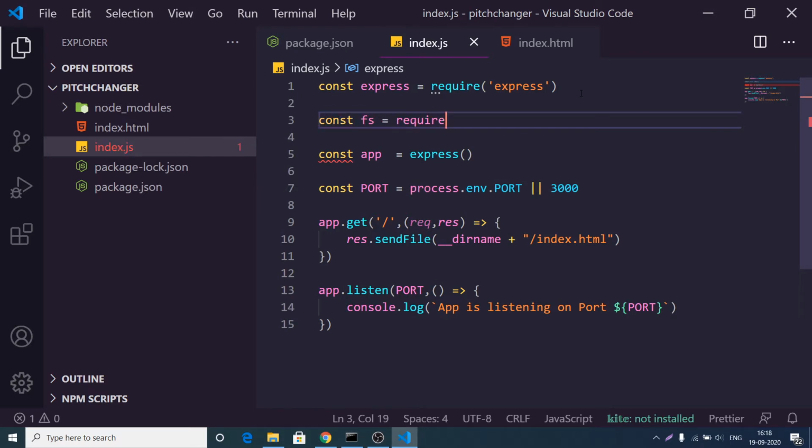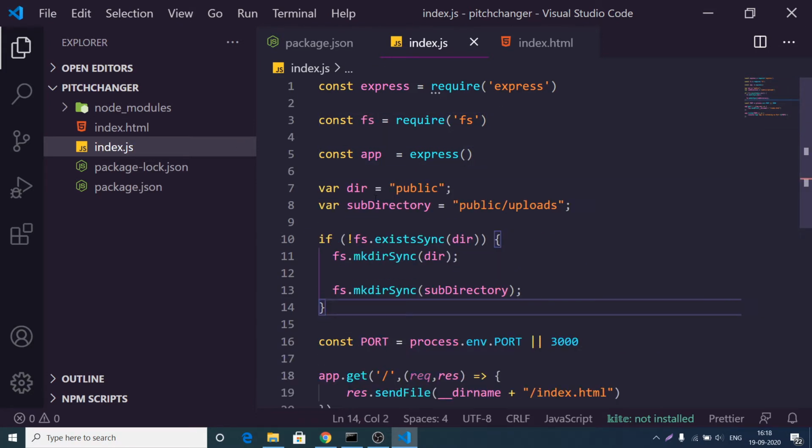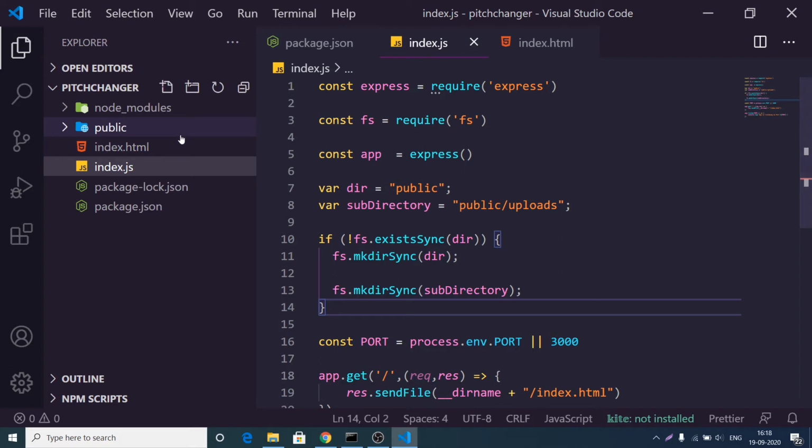You do not have to install this. So simply paste it here, we are dynamically creating the public directory and the uploads directory. As I copy pasted this code, nodemon automatically refreshes my application, and we have successfully created these two folders programmatically instead of statically creating them. So you can see that.